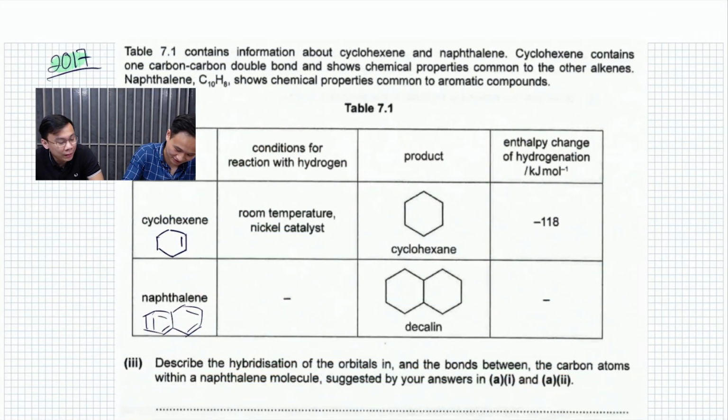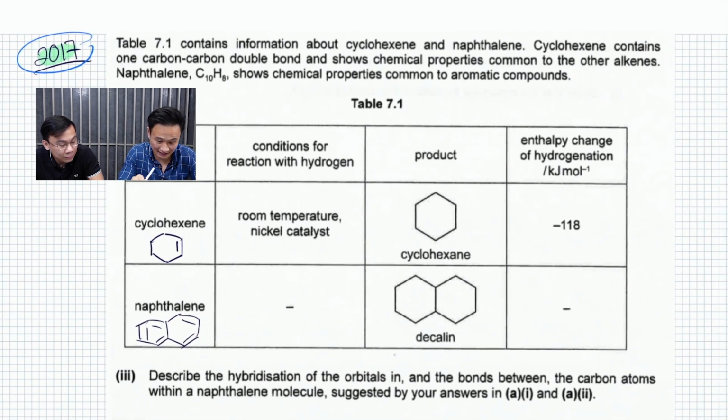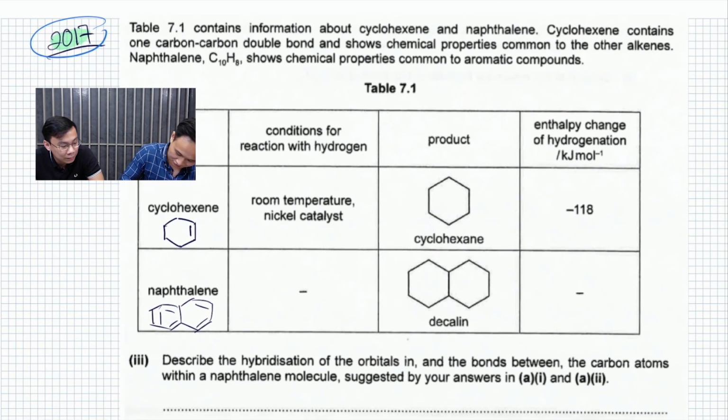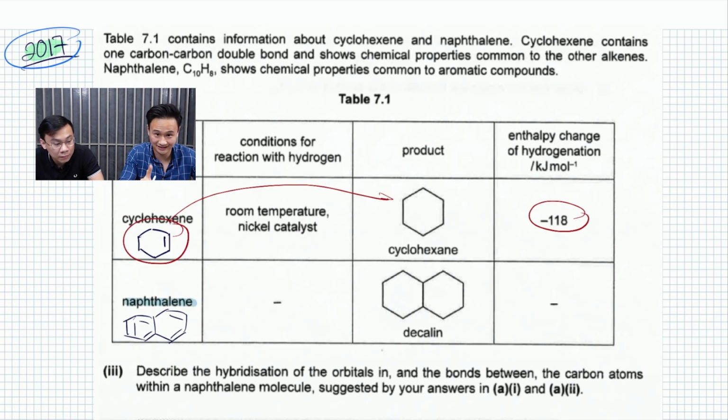I would have thought so too, but do you remember how stunned we were when we saw this question in 2017? Our poor little students were so stunned too. We saw this in 2017, and this is what A-level tested. Literally an A-level question, you can go and check it out. They were testing the hydrogenation of cyclohexene. You can see here they gave that value. And then they hydrogenated naphthalene. So it's not even benzene, they went a step further and tested naphthalene.